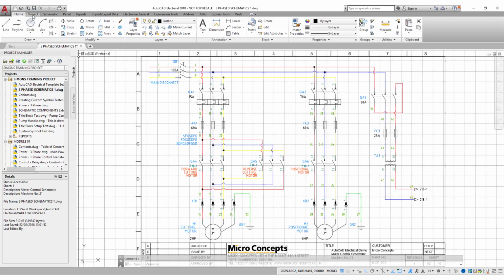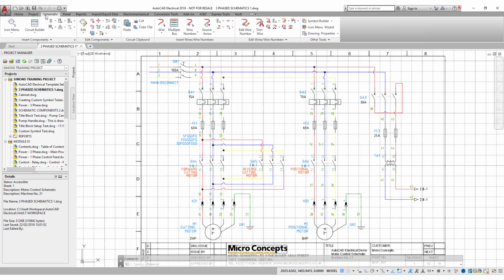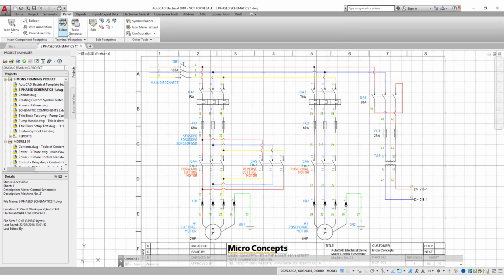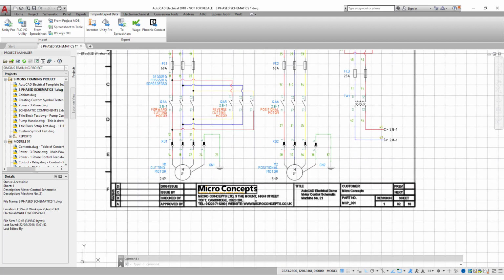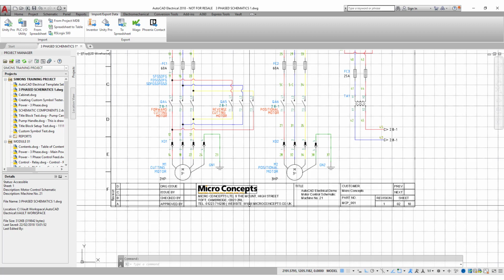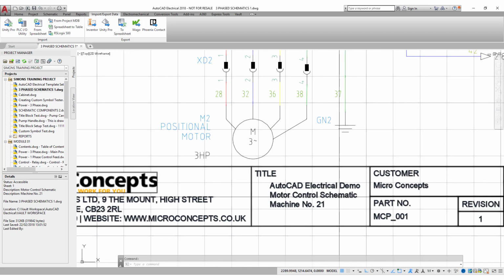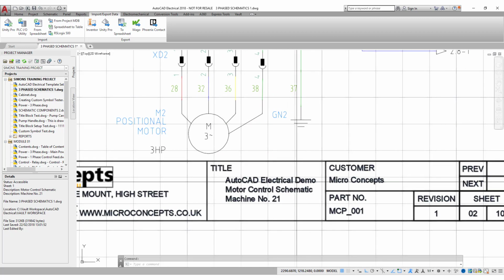Just going along, we've got the project tab. For our schematic drawings, we've got a schematic tab, a panel tab for our panel footprints, a report tab for our report generation, and an import export tab where we can edit the electrical drawings using Excel. Moving on to the drawing, we've got our drawing border, and we've got populated information here,